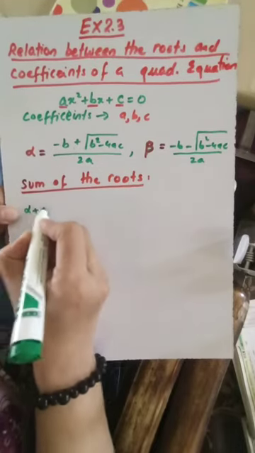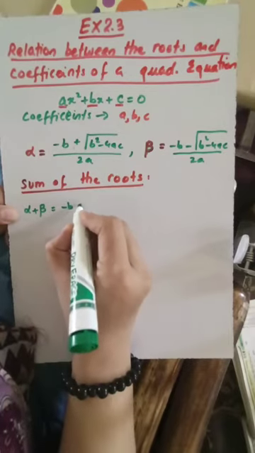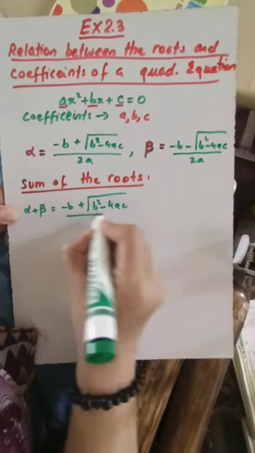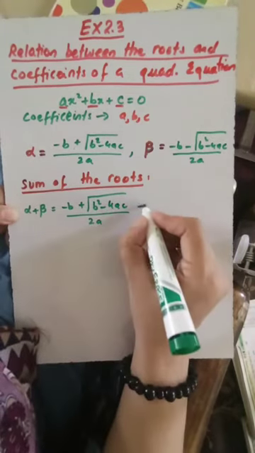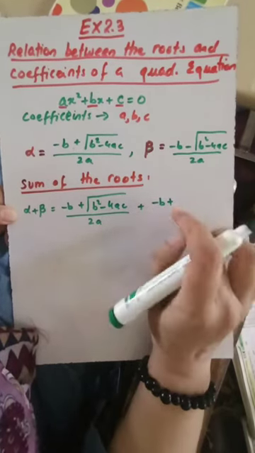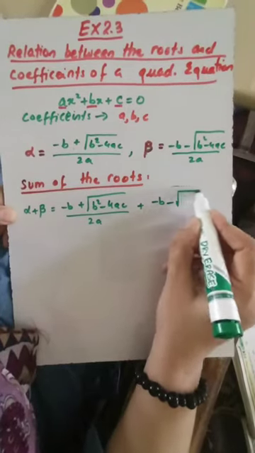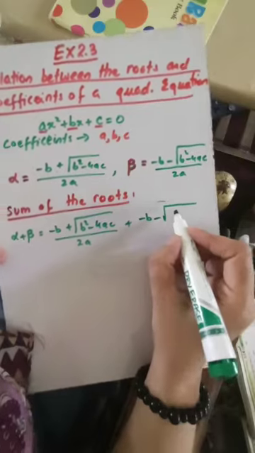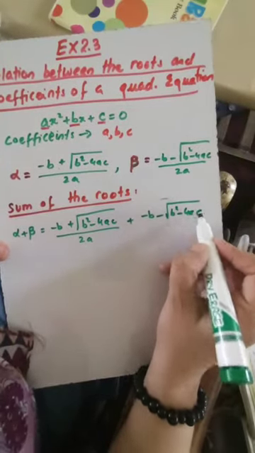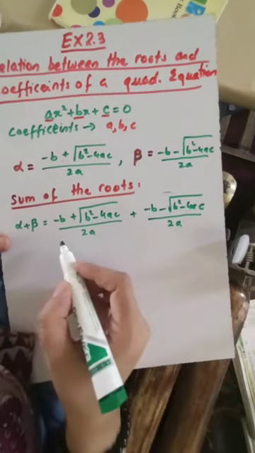So alpha plus beta, which I have named as the roots of the equation, their sum will be minus b plus under root b square minus 4ac over 2a, plus the second root beta is minus b minus under root b square minus 4ac over 2a. Now if I add these two,